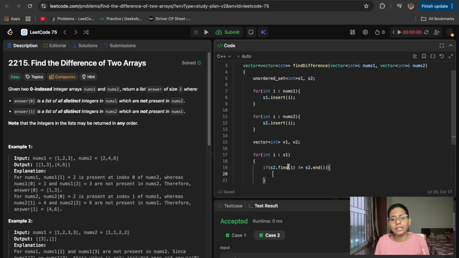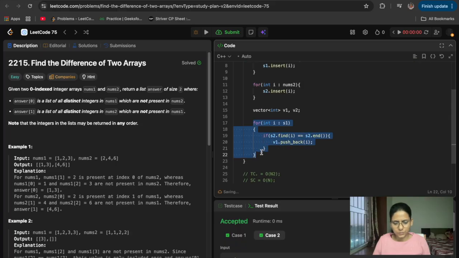It means that number is there, and if it equals yes2.end, it means that number isn't there in the yes2 set. So we'll include that in our answer, that is v1.push_back of that number, and we'll do the same for yes2.